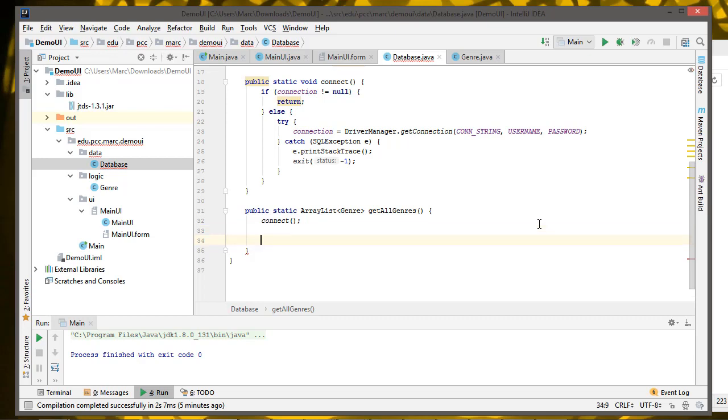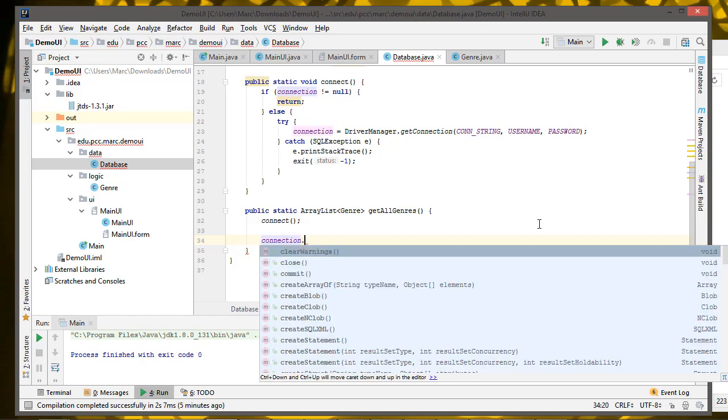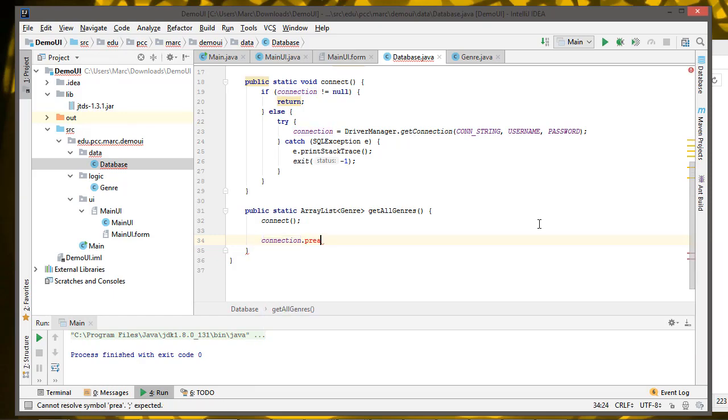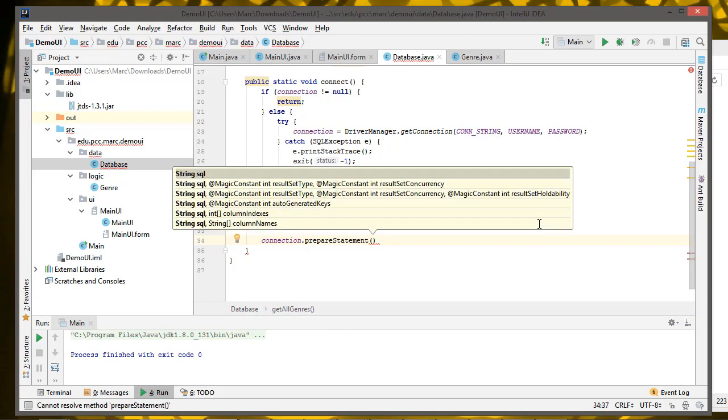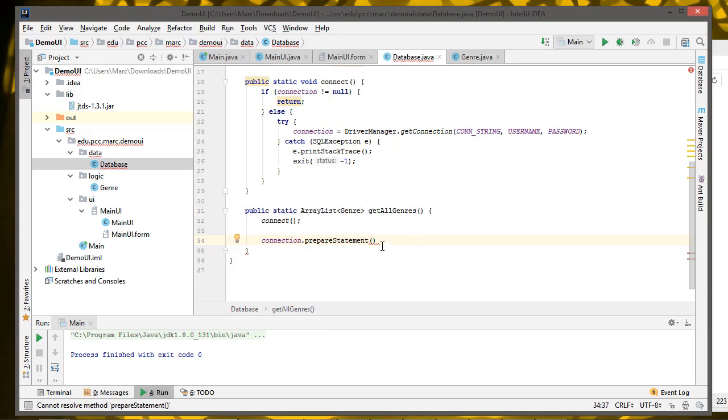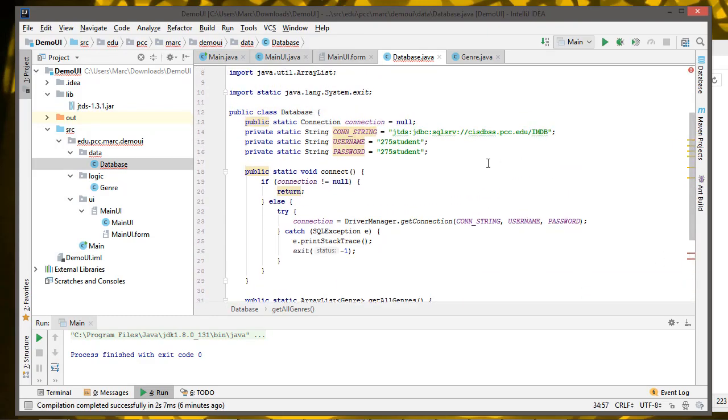So the first thing I want is I want to say connection.prepareStatement, and then I have to give it a SQL string. So this will be getAllGenresSQL. And then the actual SQL command